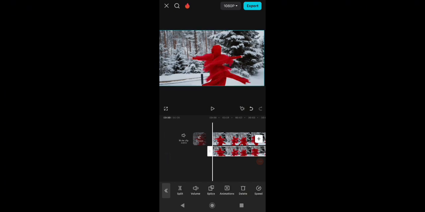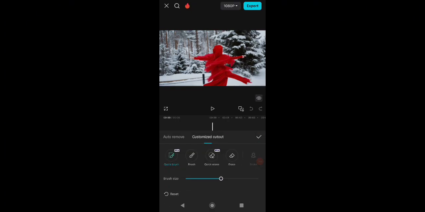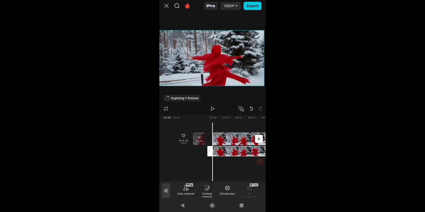And on the duplicated video, you need to click remove background like this, and then click the custom removal and click the quick brush. And after that, click the image that you want to remove the background like this, and then click finish, and then wait for a moment until the tool finishes deleting